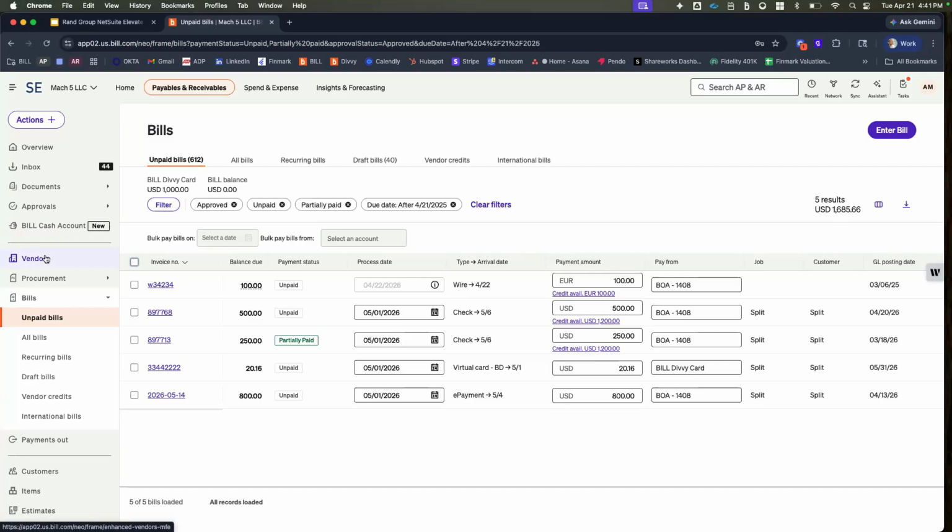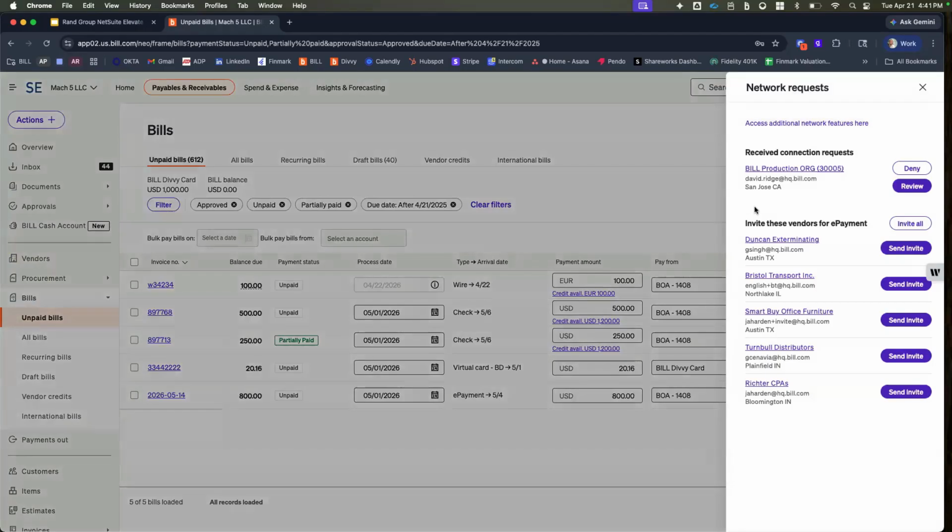The other option would be through that network that I mentioned earlier. So that 8.7-ish million vendors. Our network is a place where you can connect with your vendors and automatically send them ACH payments without having to collect the banking data from them. The easiest way that I like to conceptualize it is like a Venmo or a connection through like a PayPal